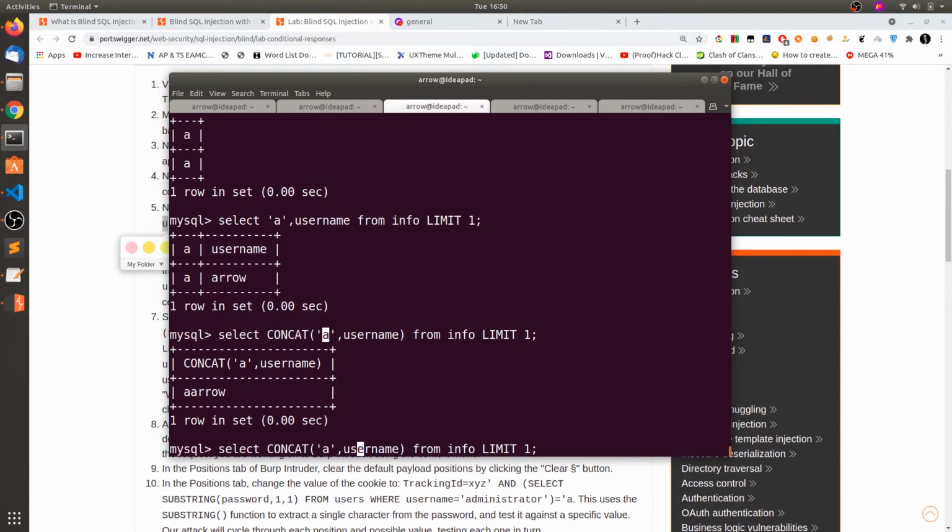Now what I do is the substring of, okay, I could just say select substring of this entire SQL query.